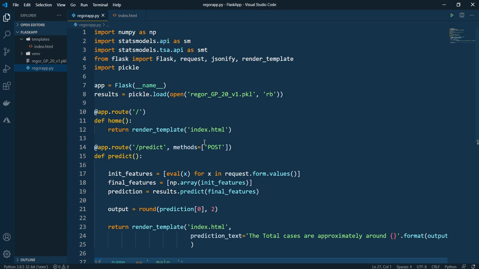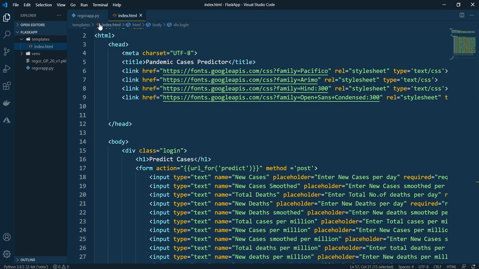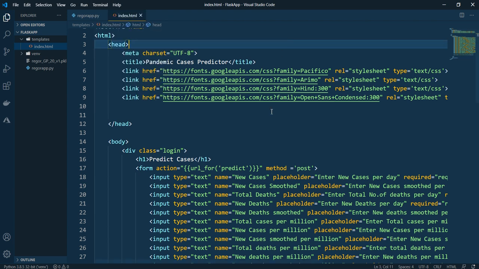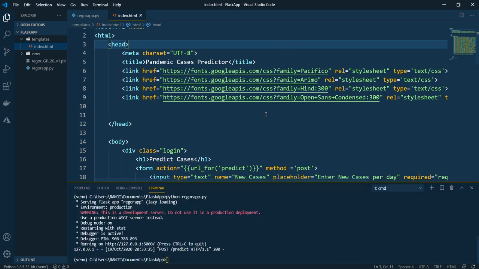Here I have considered a wizard or a virtual environment. So how do you invoke the terminal? You can go and create a new terminal, or from your keyboard you can press Control tilde, and that will pop up a terminal for you. So I'll create a new terminal itself.